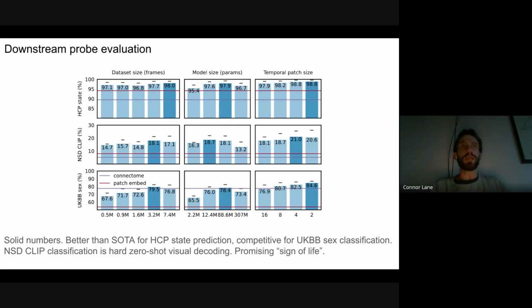We can get into the details more later, but there are quite a few differences between what we're doing here and what the other authors have done. And then finally, the visual decoding task doesn't really have a close comparison to discuss, but I still think the results here are super interesting. This is showing something I didn't describe yet, which is zero-shot visual decoding performance on a held out subject.